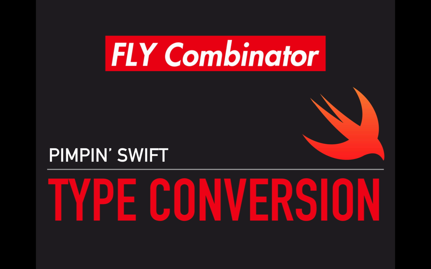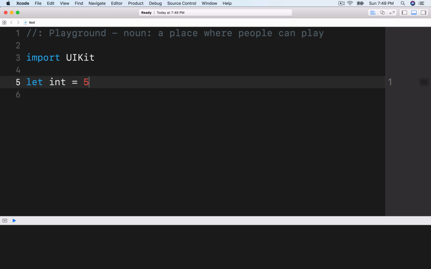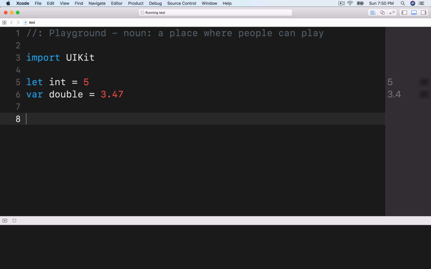We're going to be pimping Swift. And this video is going to be about type conversion. You might remember type conversion that we worked on in previous episodes. But like I said in the last video, let's explicitly talk about this and get this done once and for all. So it's like we have an int of 5 and we have a var double that's going to be equal to 3.47. All right. So when we want to have a sum,